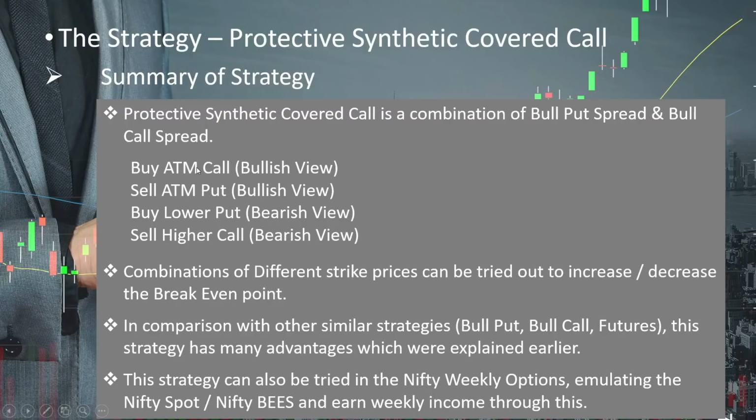If you want to do exactly at ATM buy and sell, you can do that, or you want to keep a spread. For example, the example we gave on Reliance is 2240. You can do 2200 and 2250. Everything is possible. You can start doing all the permutations and combinations of the strikes, and you can come to a sweet spot where you want to deploy your money on those positions. This is individual preference. I have explained the base strategy. Whatever improvements you want to make which suit you, you can do that.